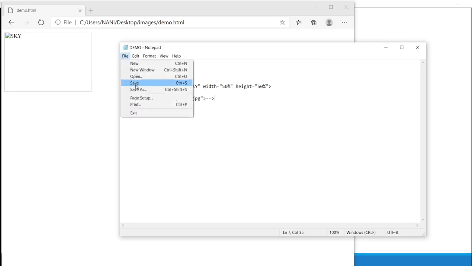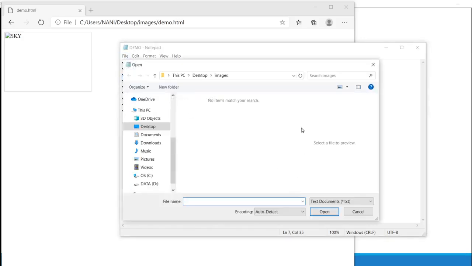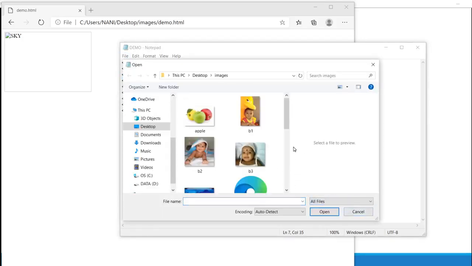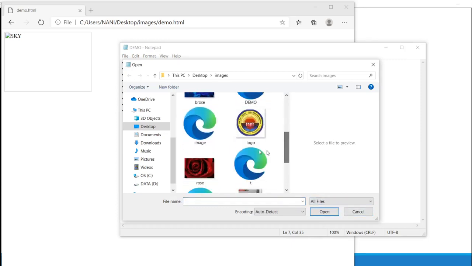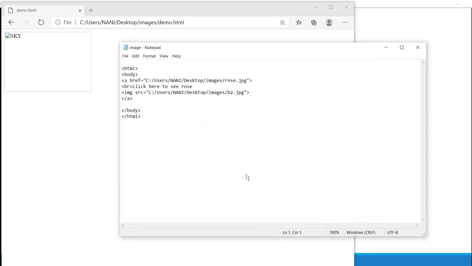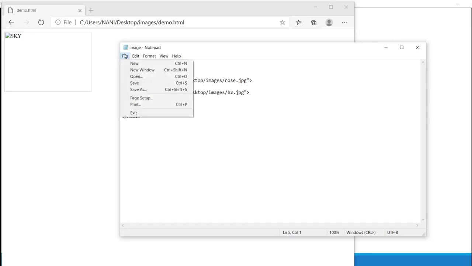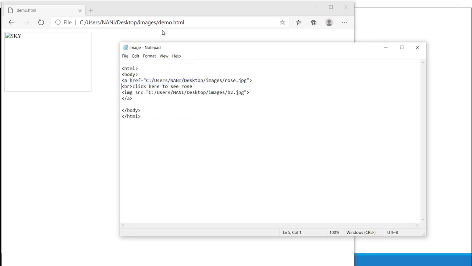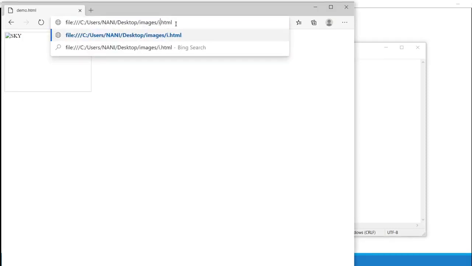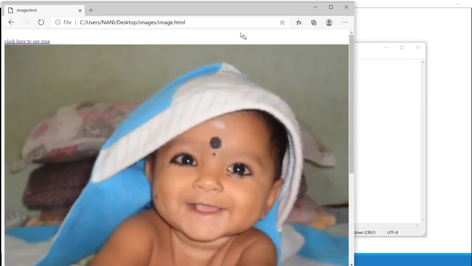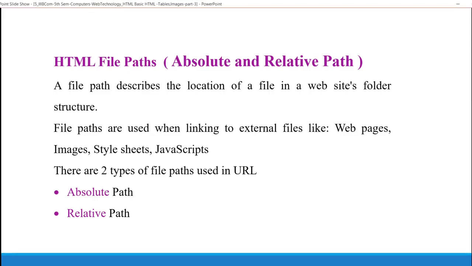See the other example. In the previous example, we have seen this.